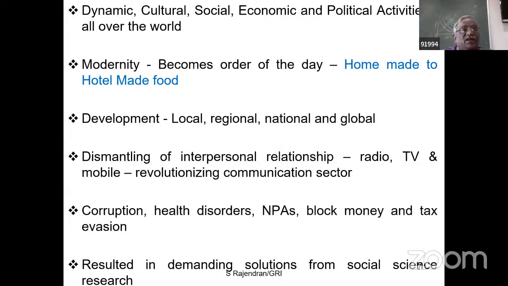And all these changes also lead to lopsided development, not only at the local level, but also regional, national, and global level. Everywhere this has been disseminated, and the change is taking place at a global level. Because nowadays, technology is making tremendous impact, tremendous transformation on knowledge sharing and also consumer behavior. Therefore, any change that takes place in the local affects the global level, and therefore a kind of chain effect happens at the regional, national, and global level.